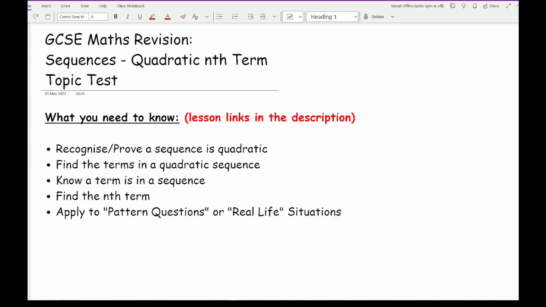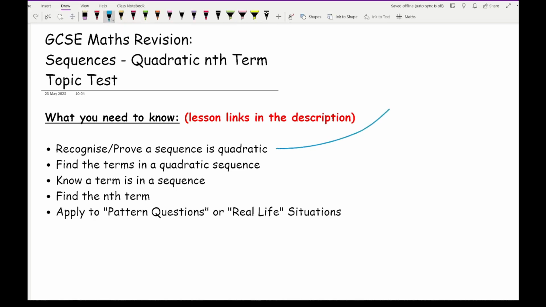Now, before we get started working through some past exam questions related to quadratic sequences, let's just have a quick overview over what it is you need to revise and what you need to know when tackling these questions. So the first thing is being able to recognize and prove that a sequence is quadratic. Now, for this, what you want to try and do is show that the double difference